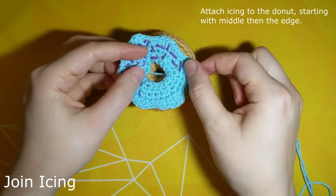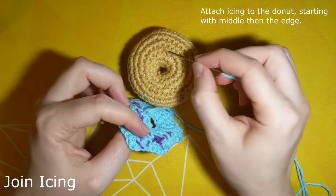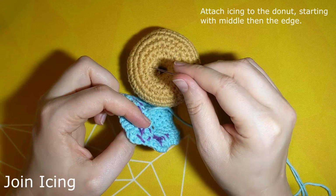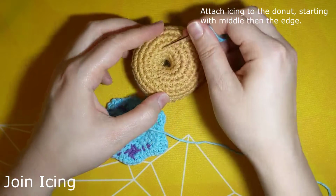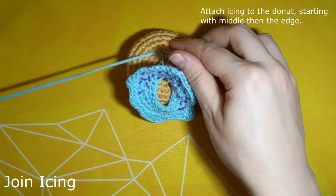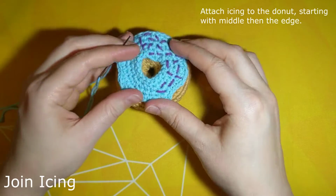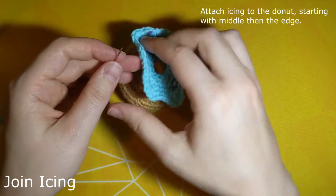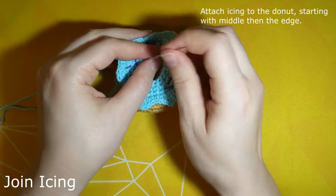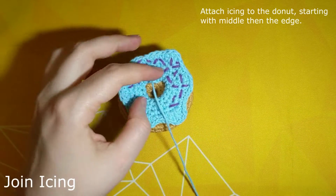And now we'll flip it over, and essentially what I want to do is, because this is 18 stitches, I'll attach it onto the row of 18 stitches. So I'll begin by looping the needle into this stitch here, which you can immediately see starts fitting it on. It is a little bit fiddly while you're doing this row, and if you do find that it's very difficult, it's one of the reasons I suggest maybe attaching the icing to...